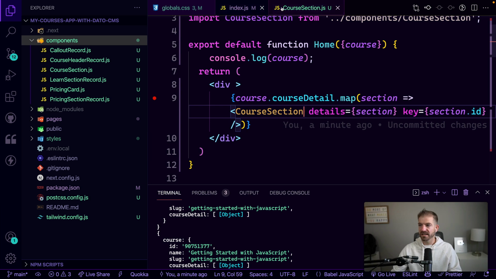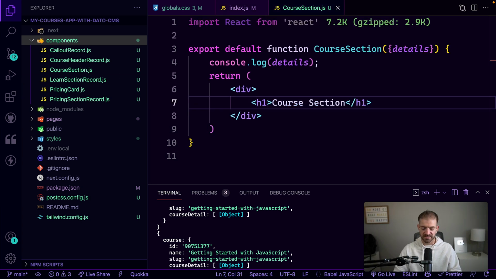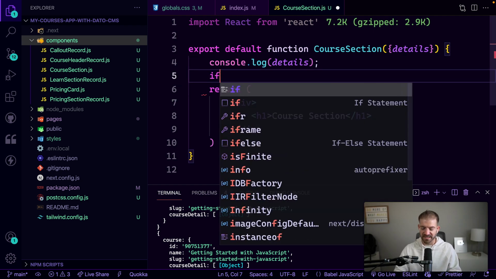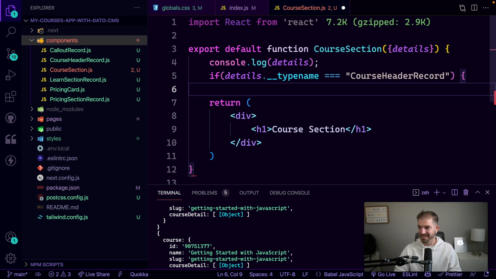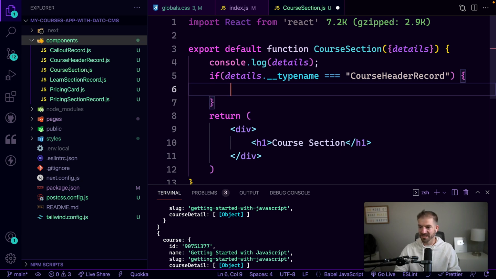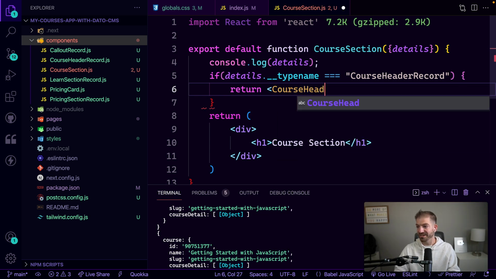And then look inside of our course section. So in the course section, what do we actually want to do here? Well, we're just going to basically pass along these details to the appropriate type. So what we're looking at is the type name. So we'll look at if details, it's actually, wow, it's already got it here, course header record. Then let's see if it'll get it, it didn't quite grab the return there. So if that's the case, then we want to return the course header